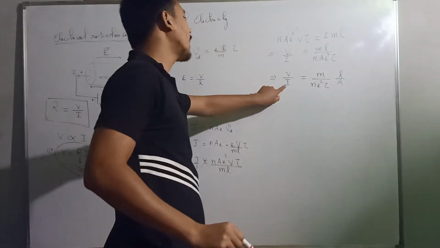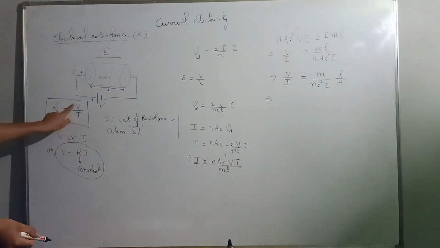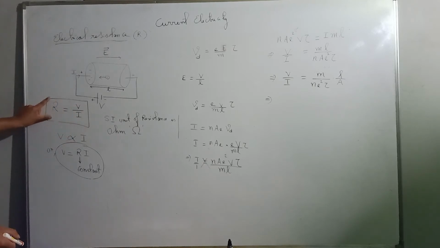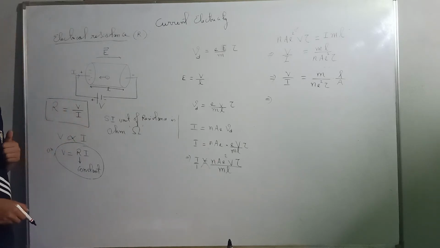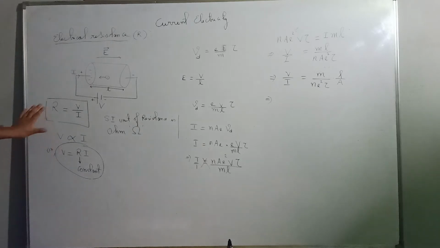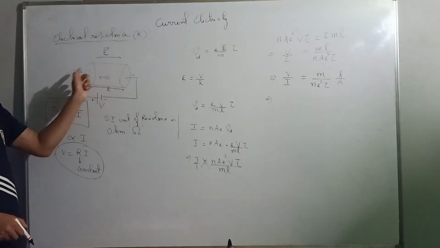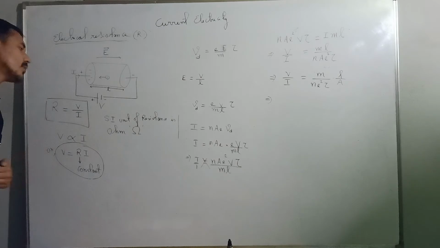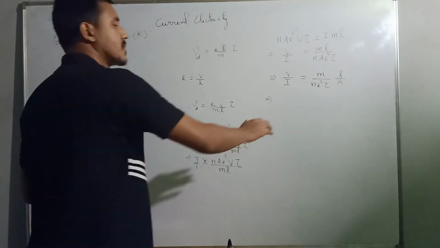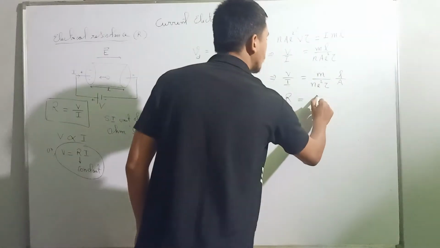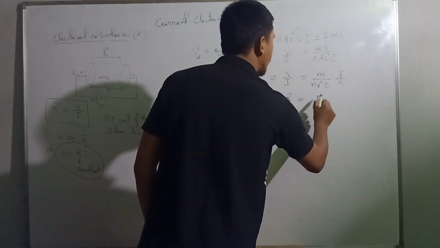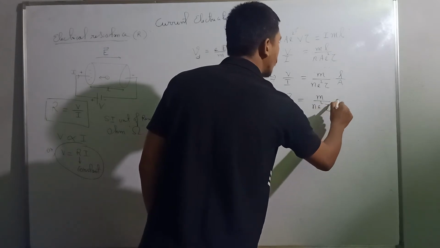Now here, what is your V by I? The ratio of V to I, V upon I, is known as your electrical resistance. The ratio of the potential applied across the two ends of the conductor to the current flowing through it is known as your electrical resistance. So V upon I is known as your electrical resistance, which is equal to m upon n e square tau